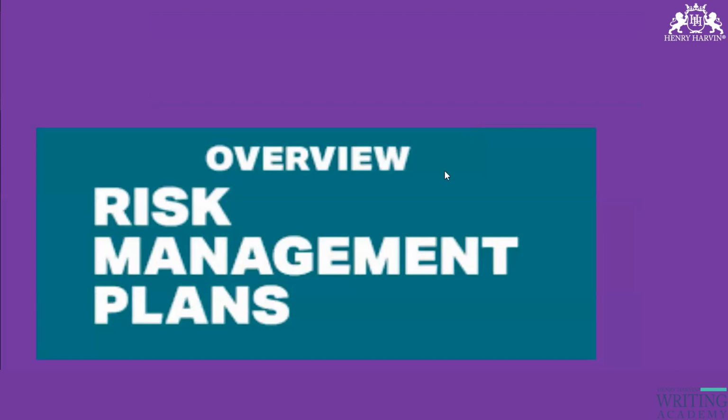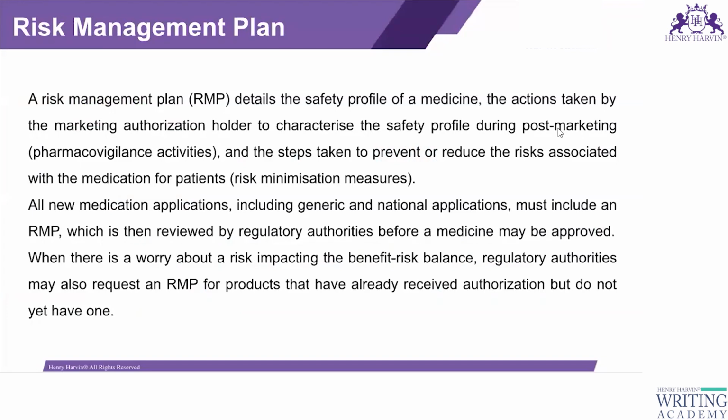Okay, so the risk management plan, as we have already discussed, details the safety profile of a medicine, the actions taken by the marketing authorization holder to characterize the safety profile during post-marketing pharmacovigilance activities, and the steps taken to prevent or reduce the risk which is associated with the medication for patients, or the risk minimization measures. So what is an RMP? RMP, actually, is a document which is submitted along with the marketing authorization application, which is MAA, and